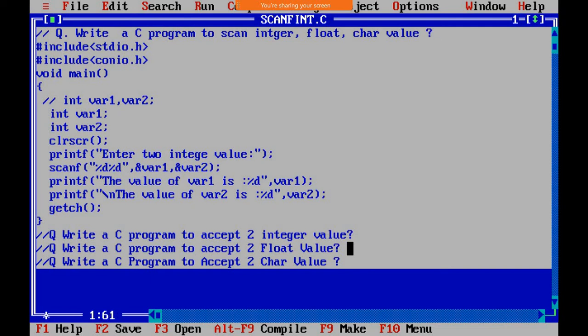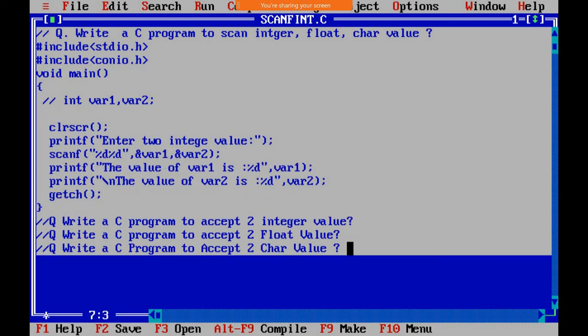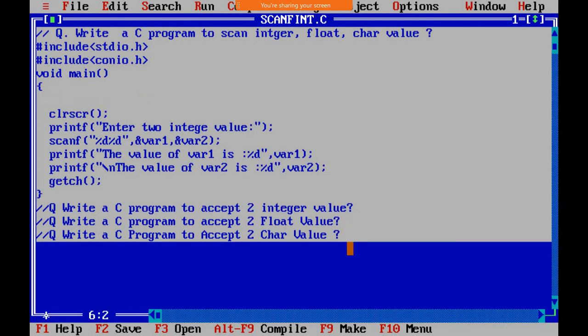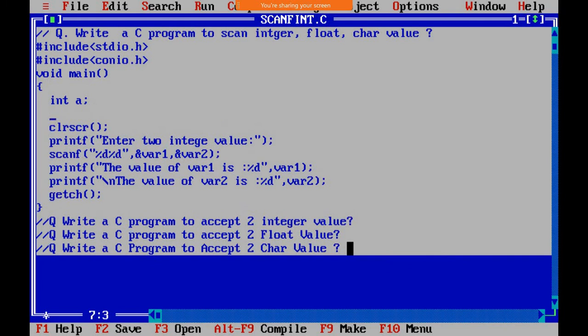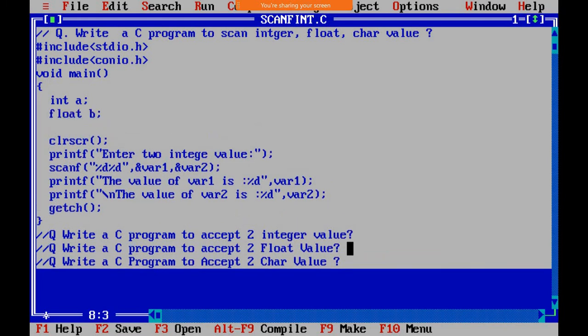Okay, so now we need to write a combined program for that, so we will accept all the values. Okay, so for that we need to define the variables. Here we'll define the variables. First we'll declare a as an integer variable, b as a fractional value, and c as a char.